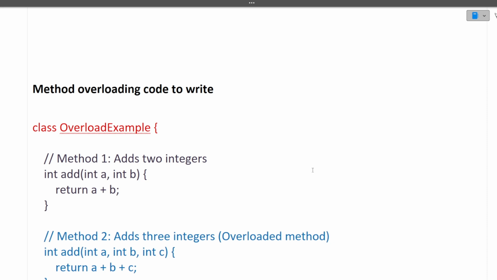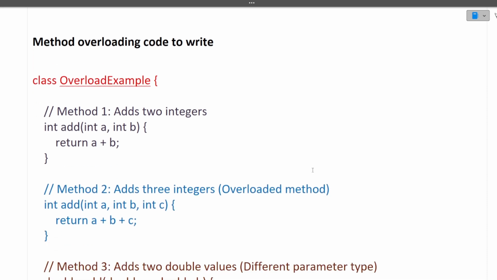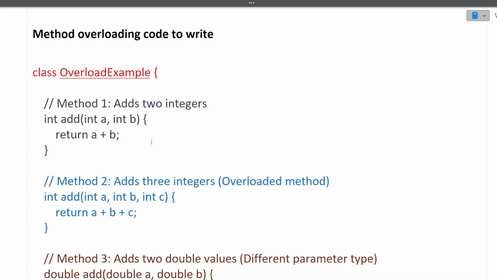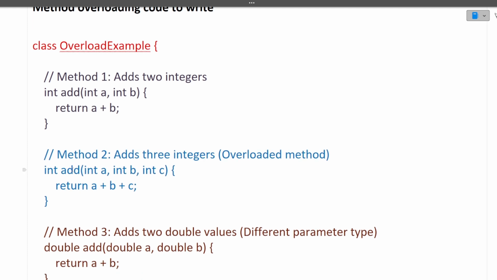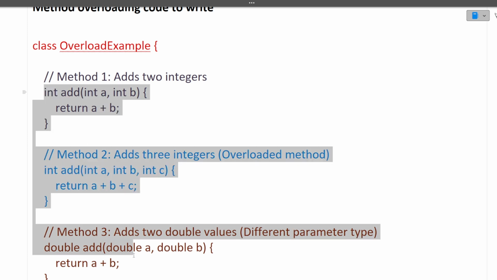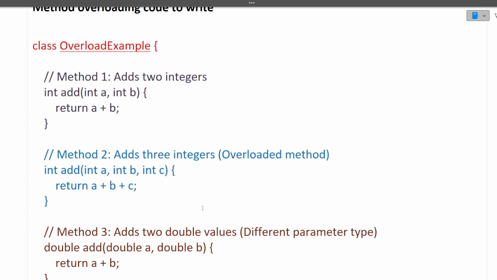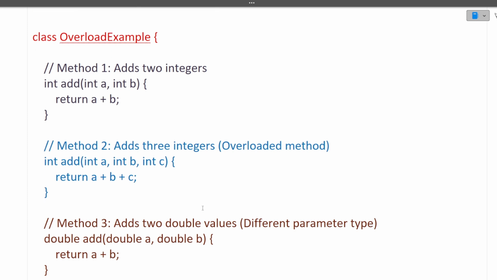Next question is the method overloading code. I have told you earlier in this video also that every OOPs concept can come up with a code snippet. You will have to explain each and every OOPs concept with the help of a code snippet. So write method overloading code. What is method overloading? First of all, you should know there can be methods with the same name but different types of parameters or a different number of parameters. So these are three functions with the same name but different types or numbers of parameters in them. This is an example of method overloading.